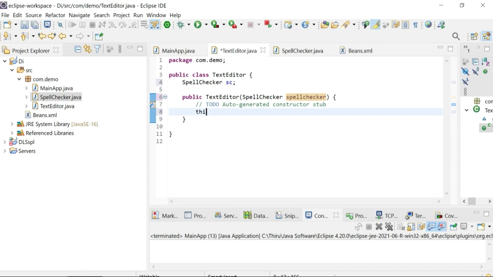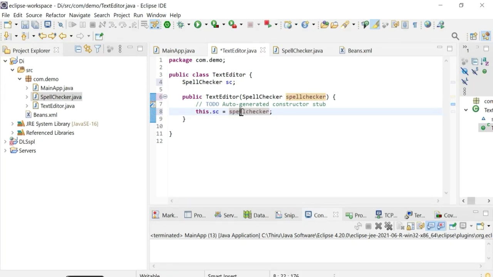So here, this refers to the current object, this dot sc equal to, this is the object that's been passed as the argument. Alright, so now the spell checker is initialized. This dot sc equal to the spell checker object that's been passed as an argument.